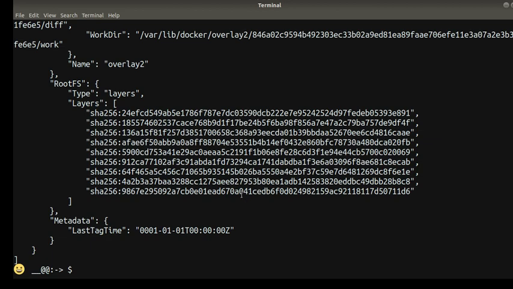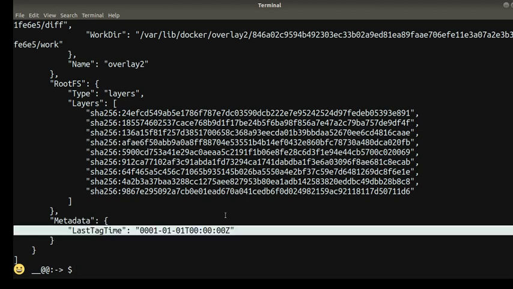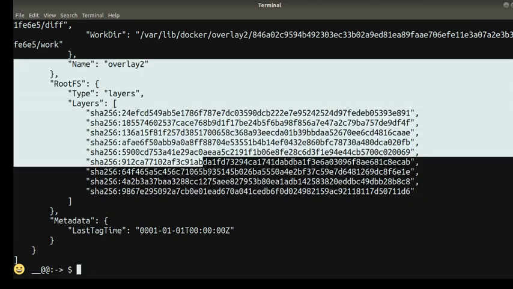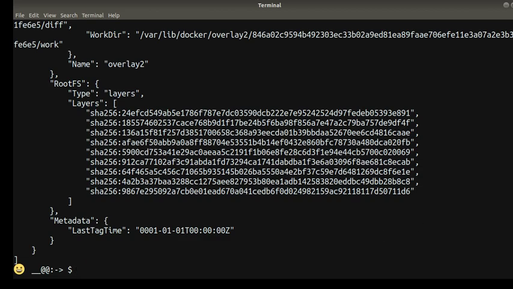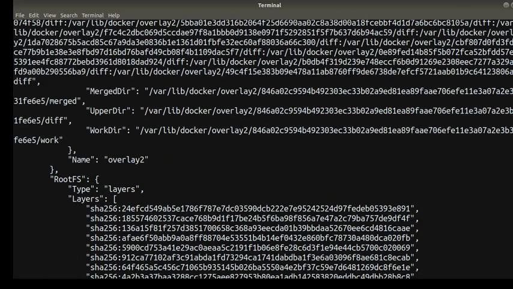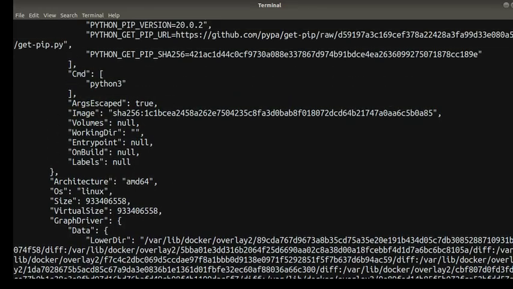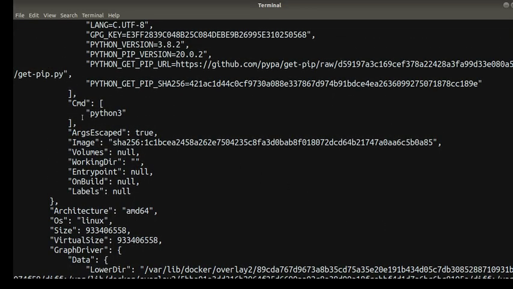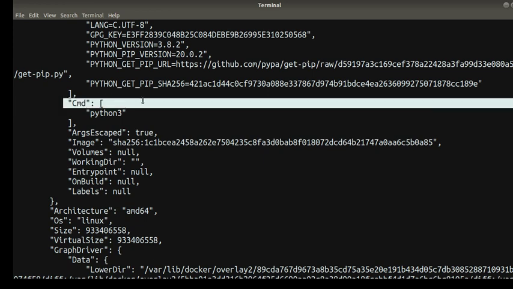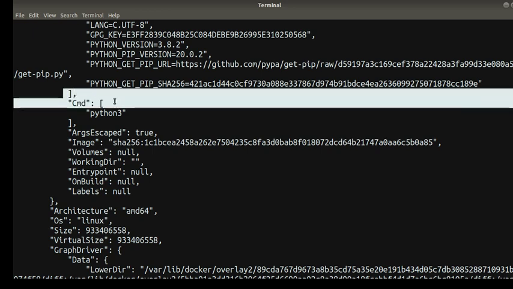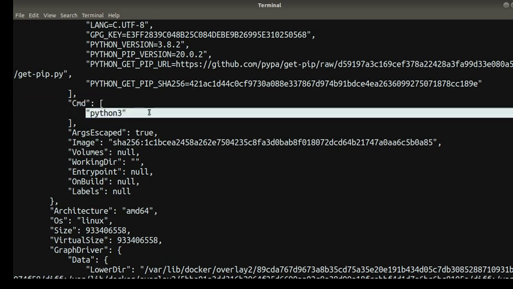If I hit enter, there is a lot of information in JSON format, but you have to scroll your screen up a bit, and you have to find a keyword called CMD,